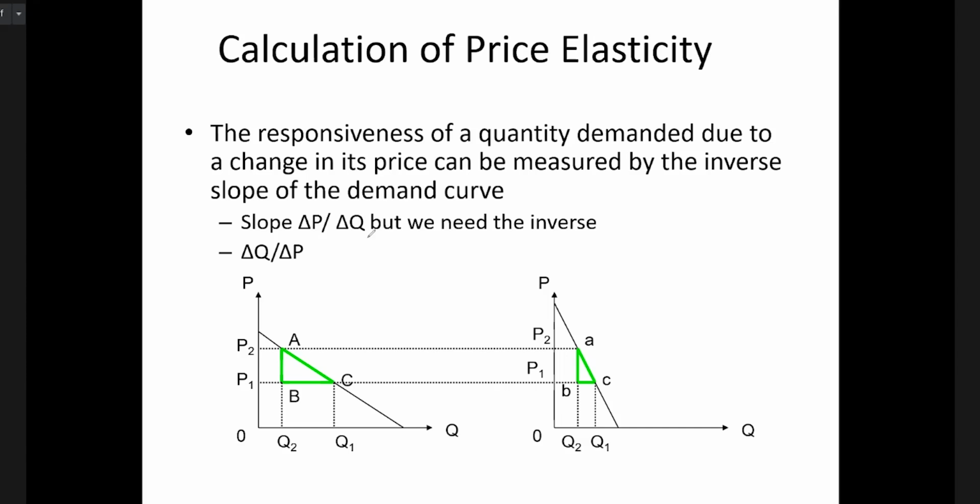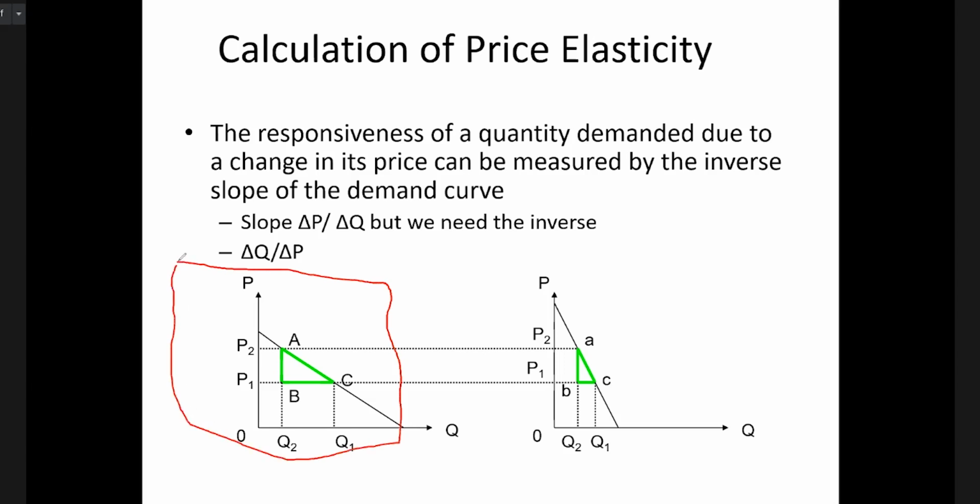But I told you, we made the mistake from Adam Smith. We have changed the axis. So here we are having not Q, we are having P. So therefore, we get the inverse of the slope, which is given by delta Q by delta P. So simply forget about this graph. We will be taking this graph